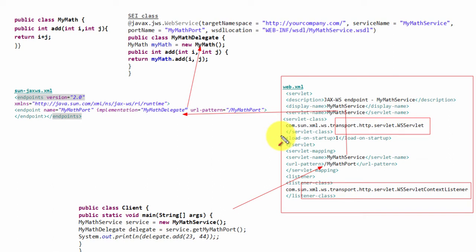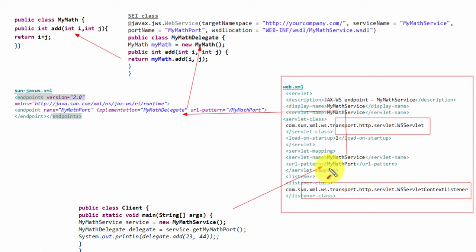That is all of the server-side flow. First, the client calls mymath port, that is the URL pattern. When the client calls this particular pattern, the control will go to the delegate class, that is the service endpoint interface. The service endpoint interface in turn will call the add method which is there in the mymath program. The client calls mymath port, the framework calls the mymath delegate class, and your logic is invoked. This whole communication will happen through SOAP. That is the work of the framework.